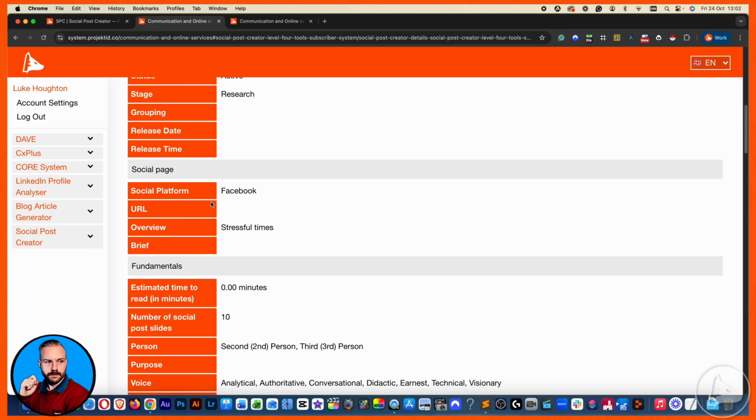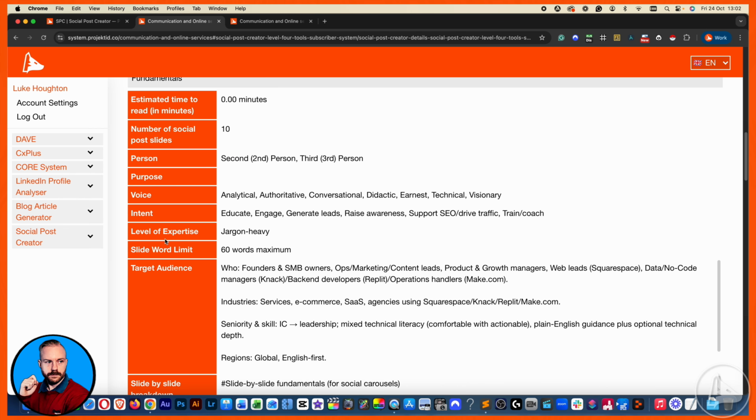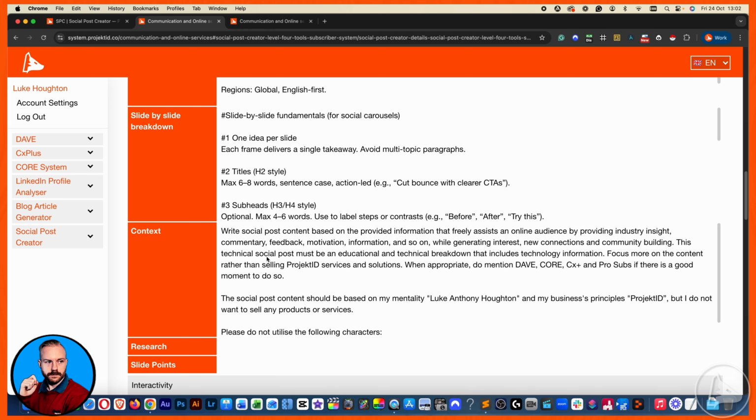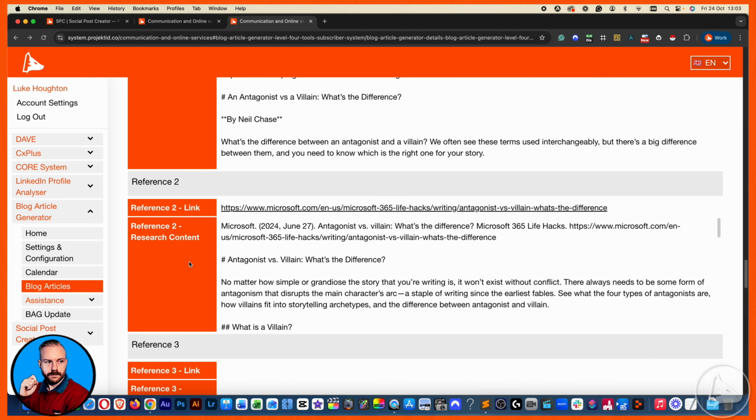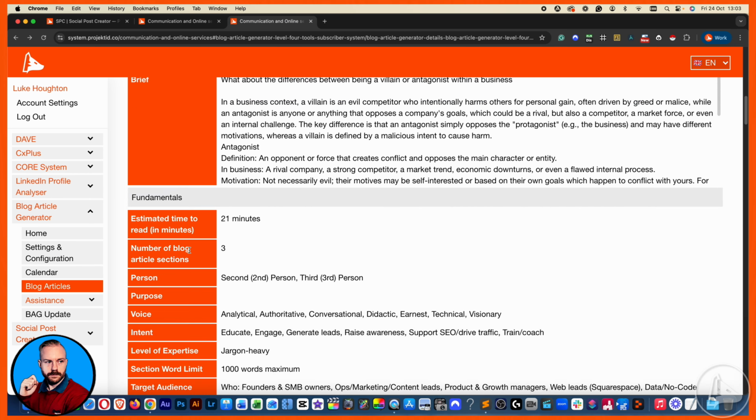And the brief. This is important for the AI to understand what it is that we're looking to achieve. And here we have all of these data attributes which were taken from our settings and configurations setting. And so you can also include research and slide points, and those are required for the AI to generate the